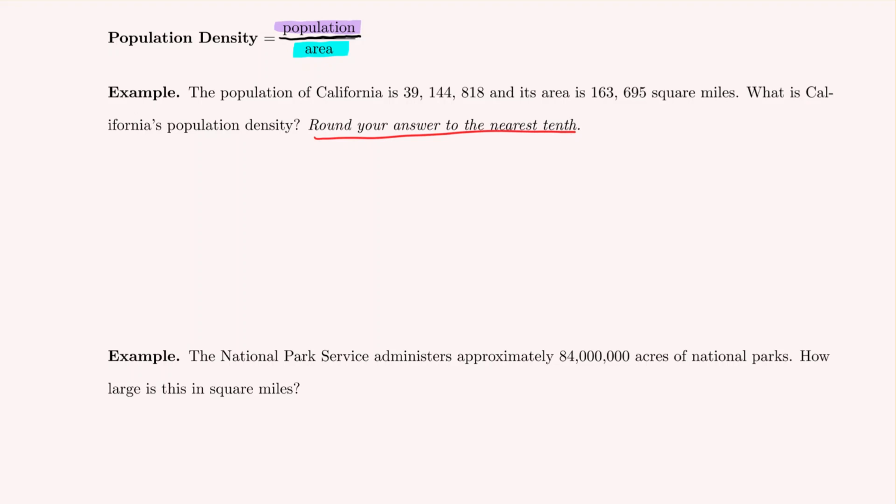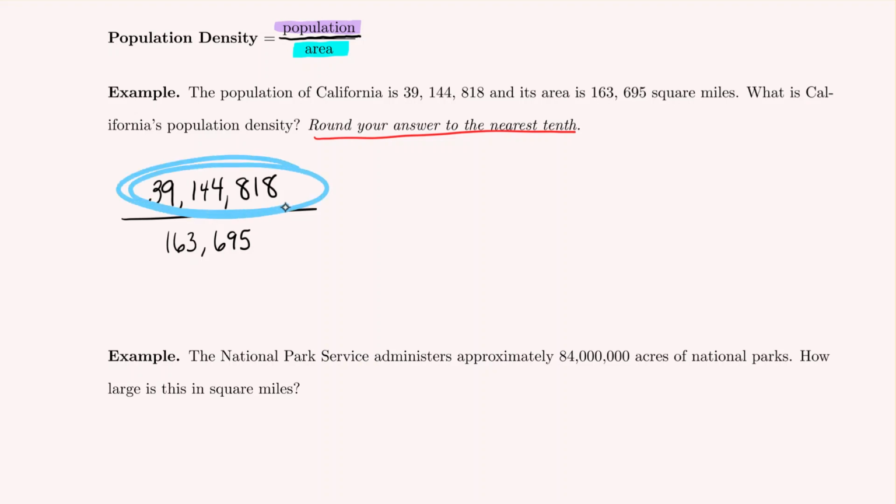So we'll use our formula. Population density is population divided by area containing that population. So we'll write it out. Our 39,144,818 people divided by the amount of space where those people live, 163,695. And just looking at the units, think about